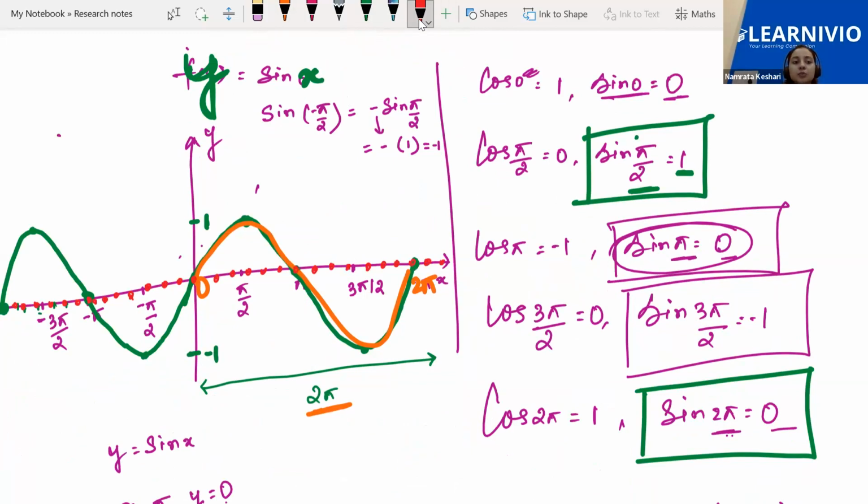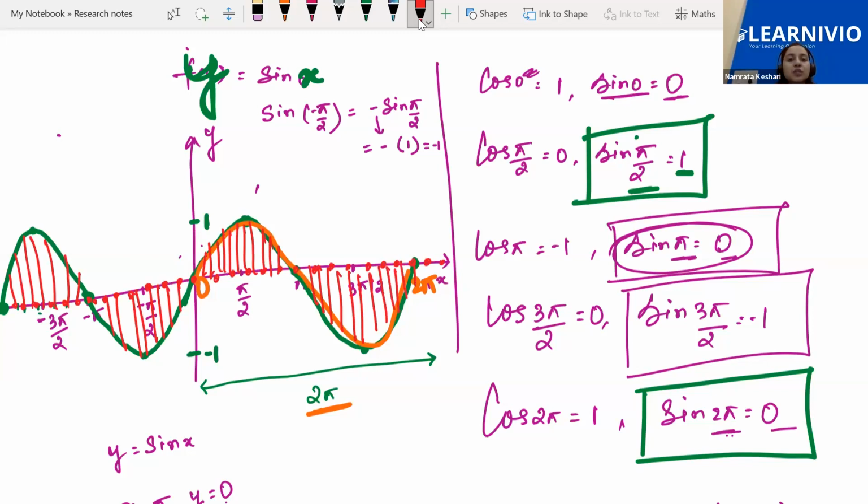Can you see that at every input it is giving an output? Can you see? Yes, ma'am. The domain is any x we are taking, and it is giving the output. Domain is,